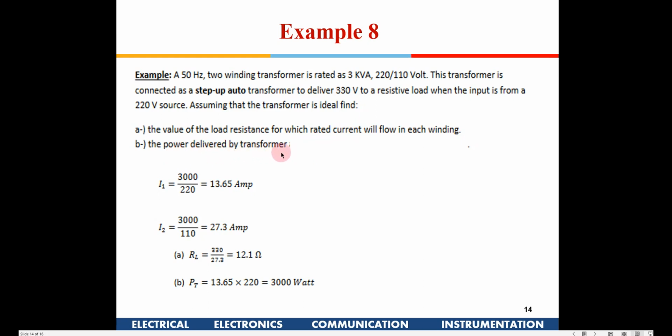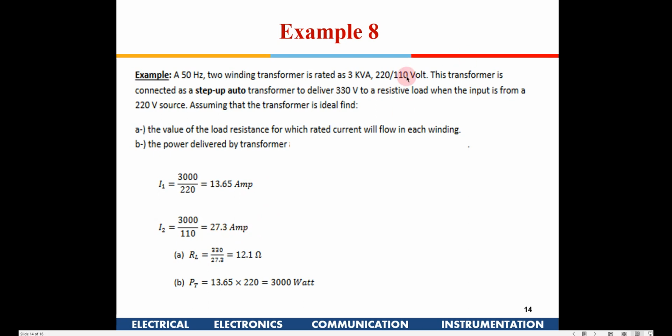So now first we need to find out what is the current condition. Here it says the rated, so it is 3 kVA is the rating of the transformer. So 3, and then the output voltage when the input is 220 volts, so 220. So on the side where we are giving the input, the current will be 13.25, and on the other side it is 110 volt, so you have to put 110, so you get 27.3. So these are the rated currents in the primary and the secondary, okay.